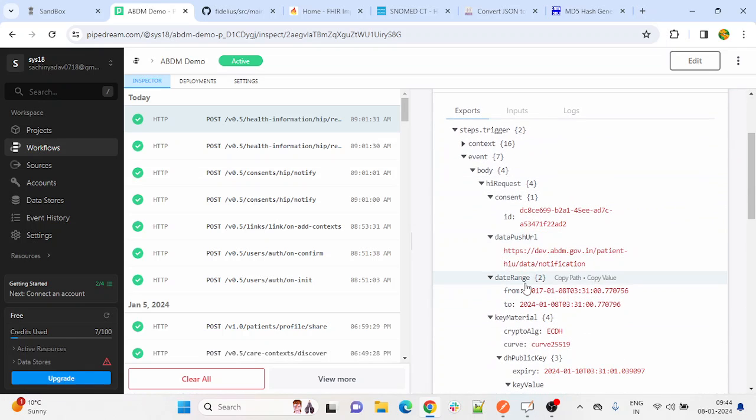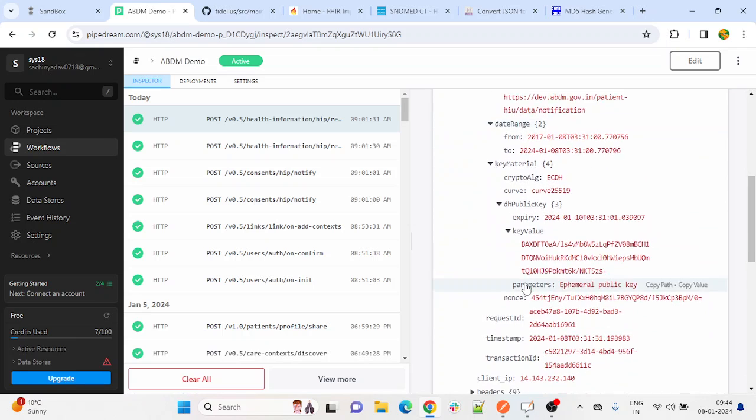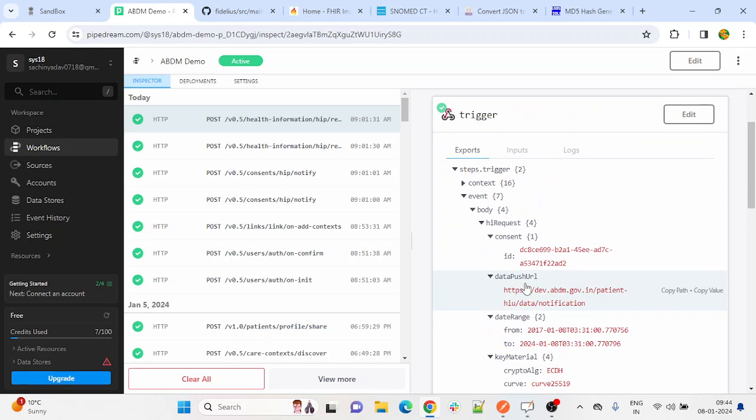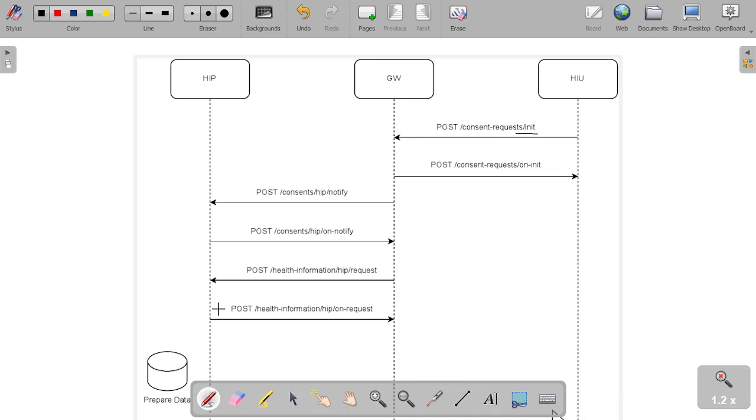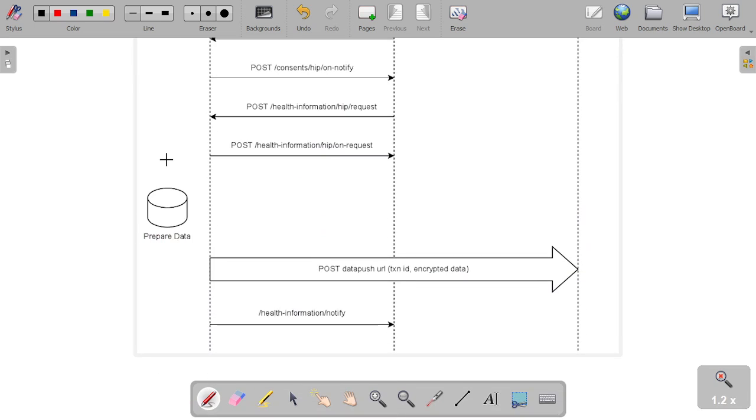Similarly, you can see you will receive the consent request call. After this consent request call, you will share the consent on request call. You will pass the transaction ID and the acknowledgement. After the on request call, the next step is to prepare the data. So the data should be the